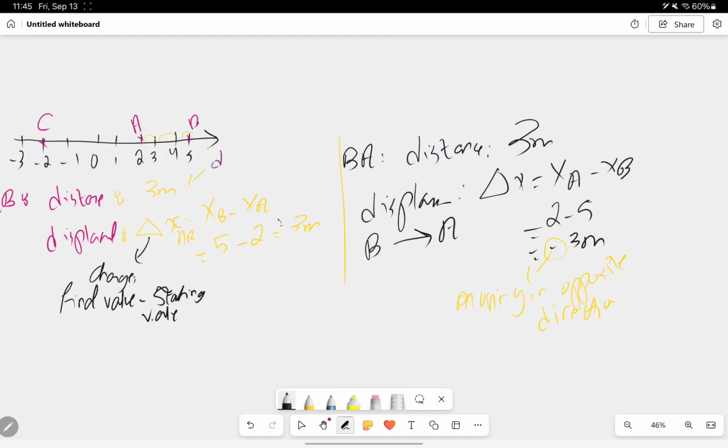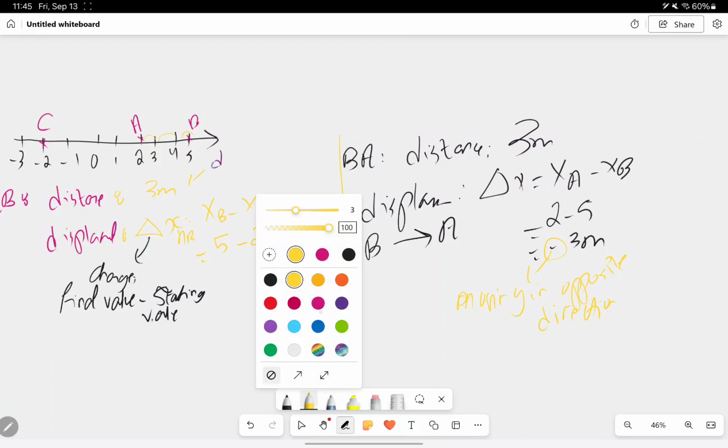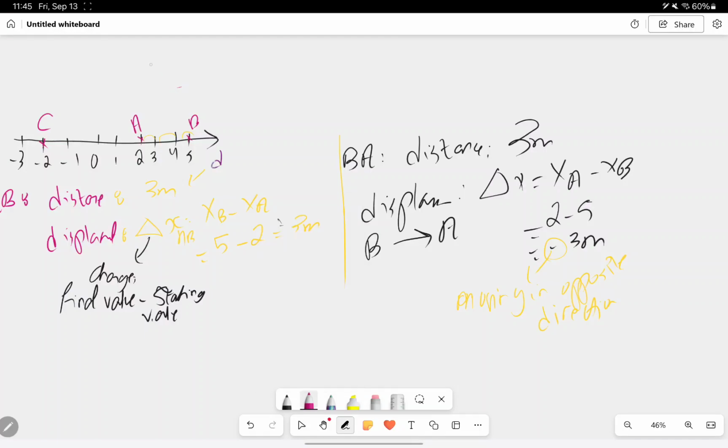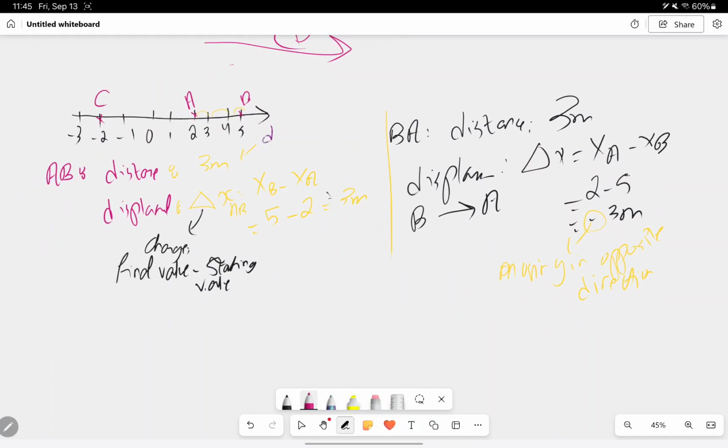So as you can see, if I move to the right, we're going to consider something called the positive sense. In every physics question, I'm going to assume if I move this way, it's going to give me a positive value. So everything moved to the right is going to be positive. So if I move from A to B, it's going to be positive. Move from B to A, it's going to be negative. Here, the idea about distance and displacement. Okay,